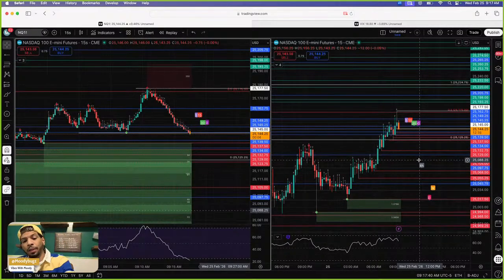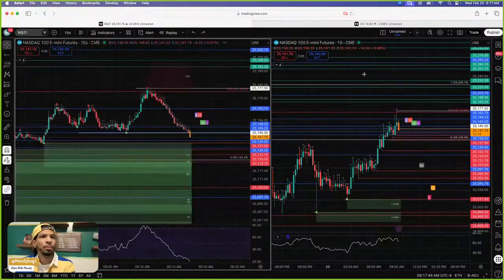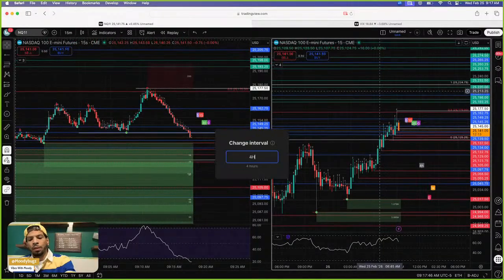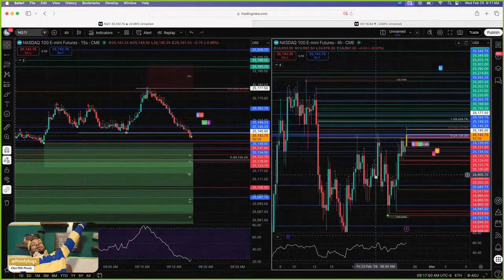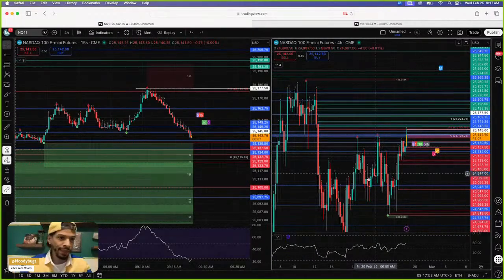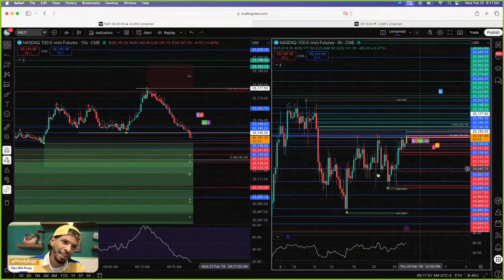Matter of fact, let's go ahead and take it up higher. I just don't like this price. Ooh, let's go back on this one. Put that back there. I just don't like that price action right now. I'd rather read it from the top and come down. As I see this right here, all this conjunction. Well, I shouldn't say that, right?